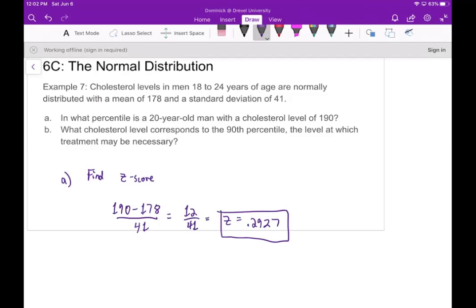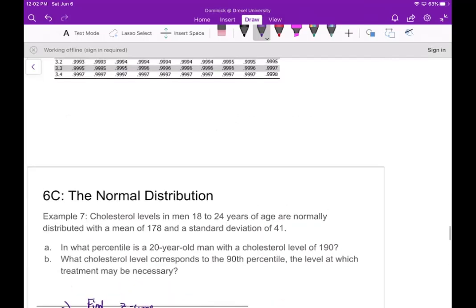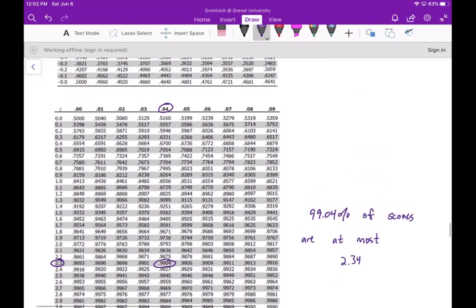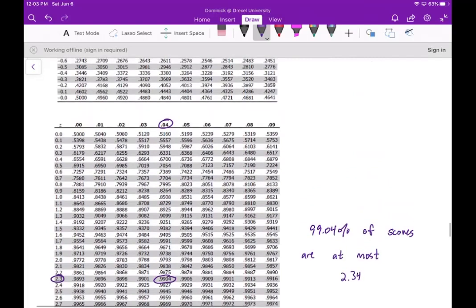So now that we have the z-score, we can go to our table and find the percentile. I need to find 0.2927. So here it looks like we have 0.2, and there's 9. So it looks like we have